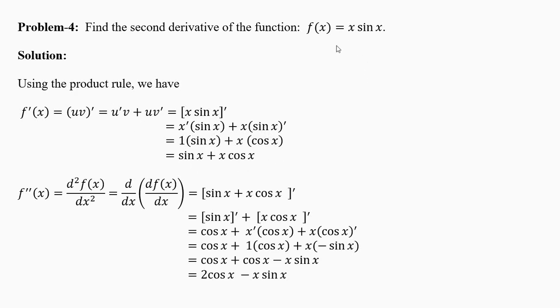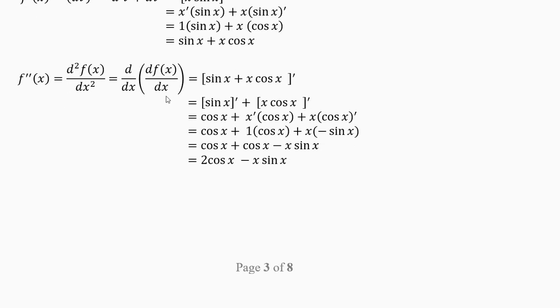We have seen this kind of question before, so we can be a little bit fast. Now, what's the derivative of the first derivative? To get the second derivative, you have to find the derivative of the first derivative. Copy the first derivative here: sine x plus x cos x. You are adding two things, so separate them out: sine x in one square bracket, x cos x in the second bracket. You'll get cos x plus, the derivative of sin x is cos x. You can write it in 2, 3, 4 steps.